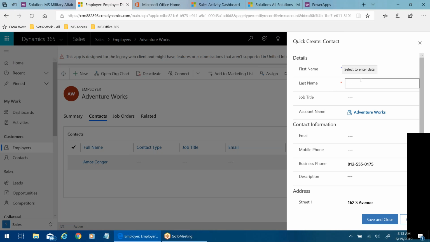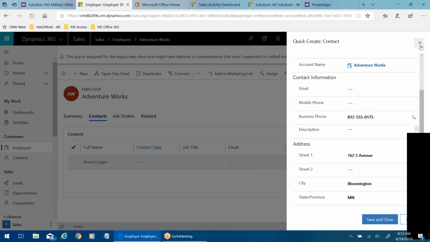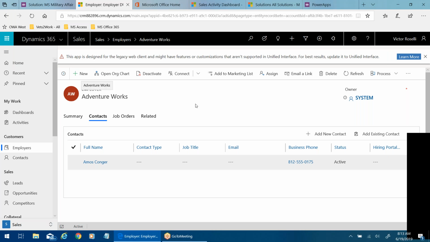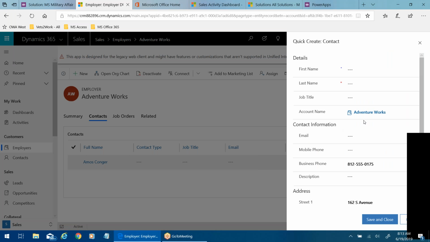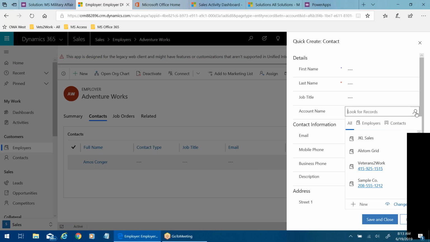Get rid of AdventureWorks as the account name. Just go ahead and get rid of that. What do you mean? No. Go ahead and create new again, and yeah, there you go. Now go ahead and click on another field anywhere, just so you refresh that. Now go back to account and look for records. See how it has contacts, all kinds of stuff in there. It's got names of people. What you want is a lookup for accounts, not one that also has people.